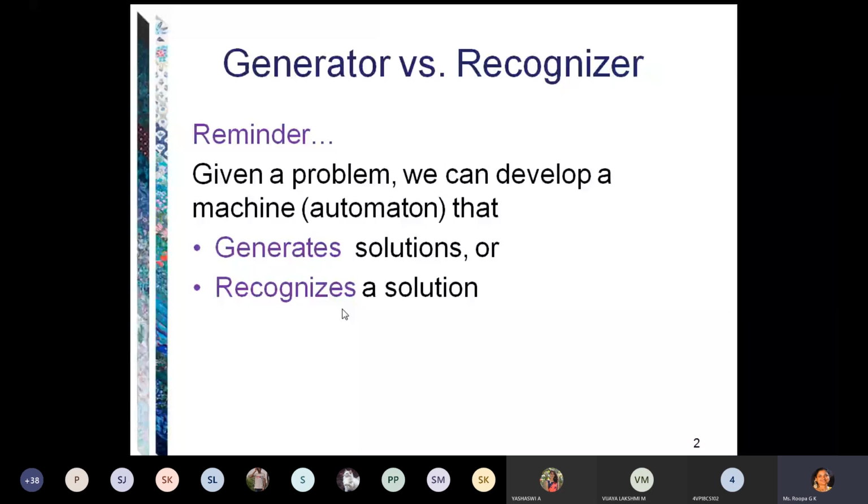According to the first category, problems that are already stated as decision problems. For this, all we need to do is to encode the inputs as strings and then define a language that contains exactly the set of inputs for which the desired answer is yes. Okay, generating the solution for the given problem. Second category, problems that are not already stated as decision problems. Decision problems means yes or no answer. These problems may require results of any type. For this, we must first reformulate the problem as a decision problem and then encode it as a language recognition task. I will give an example for you.